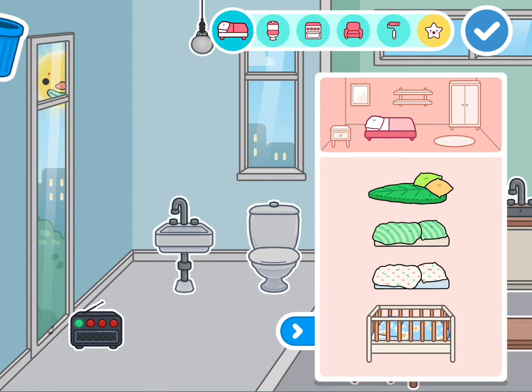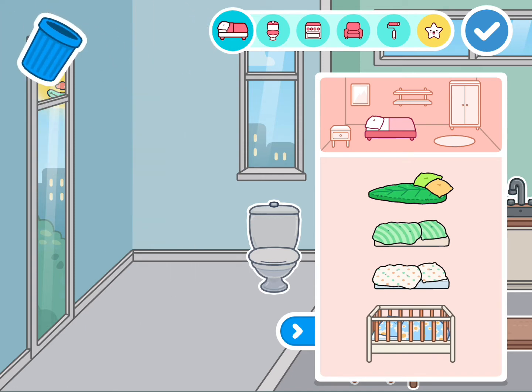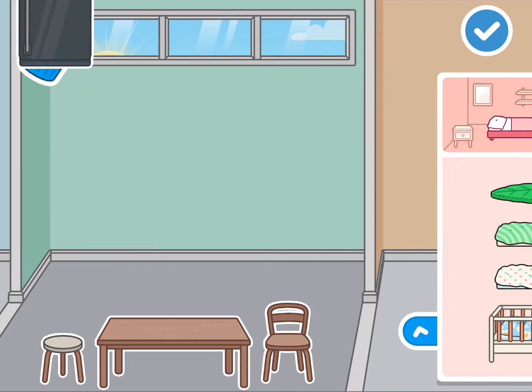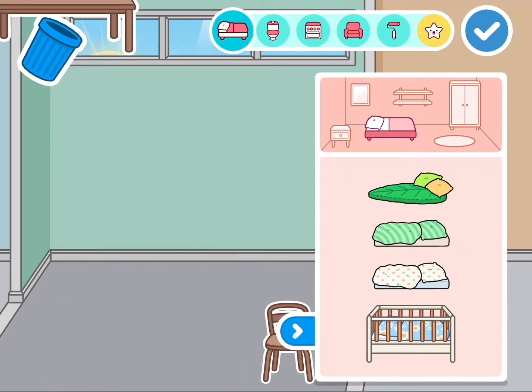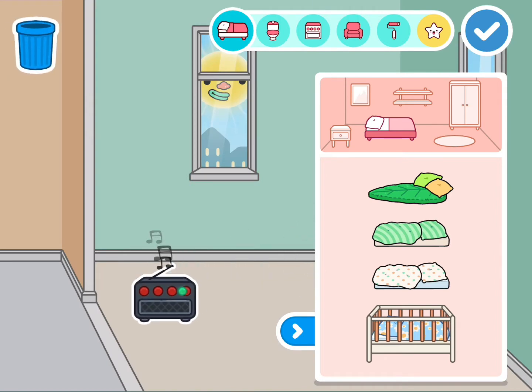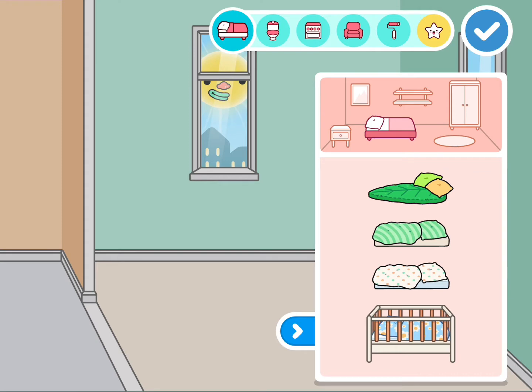Now all of the furniture that has the white outline are ones that I can move now that it's open, and I'm just going to pick them all up and dump them into this trash can here. Now I can still buy them back if I want them later, but I don't really need a bathroom in my office. I don't really need a kitchen, and I find these radios to be really distracting, so let's get rid of that too.